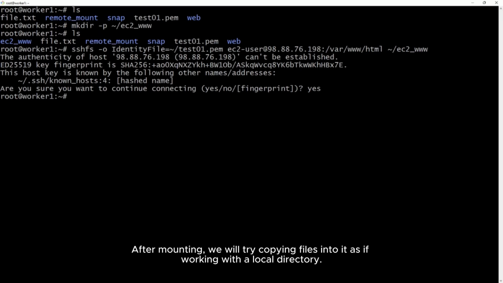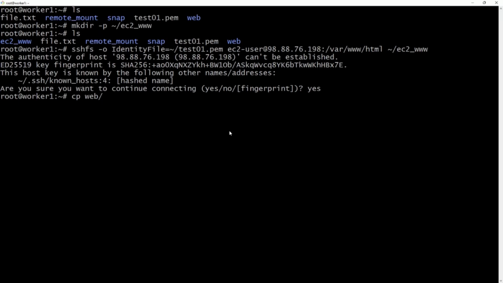After mounting, we will try copying files into it as if working with a local directory. Enter.